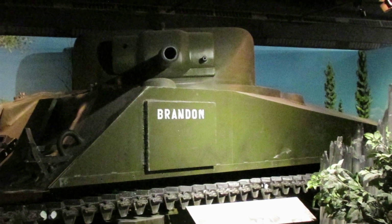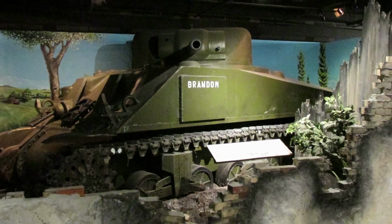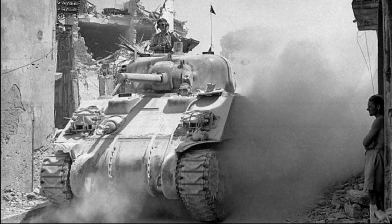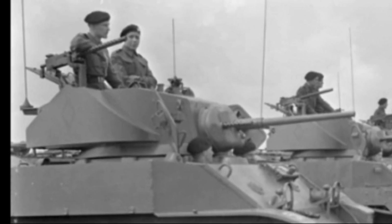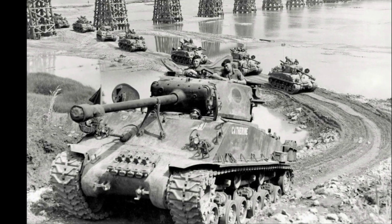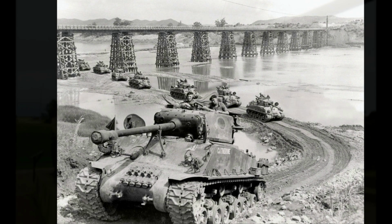Next, we come to a display of the main armored workhorse of the British, Commonwealth, and later American forces in World War II, the Sherman Tank. Nearly 50,000 of these tanks were built and first went into action in 1942 at the Battle of El Alamein, and were withdrawn from service with the Canadian Army in the early 1950s when they were replaced by the Centurion